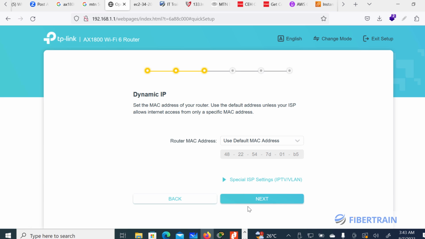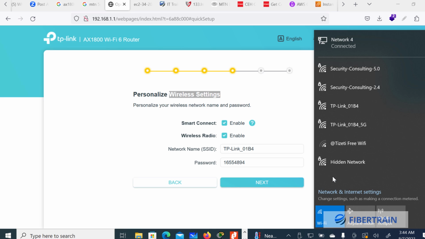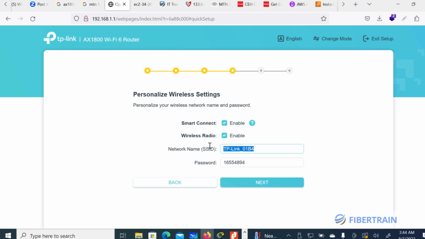So go to next, and here the dynamic IP will be mapped to the MAC address of my router. So this is my router's MAC, 48:22:54:7D:01:B5. Okay, so we'll go to next, and we are also prompted to set up the wireless. So Mesh Connect is enabled. Wireless radio is also enabled. What is the name you want to give to this network? If I click on my network icon here, we're going to see a network called TP-Link_01B4, and that's basically this guy here. So I'm going to change that name to